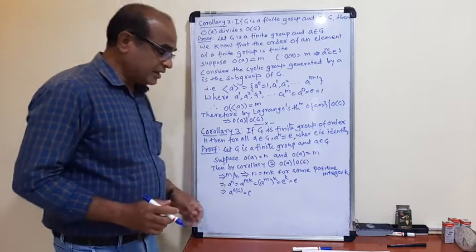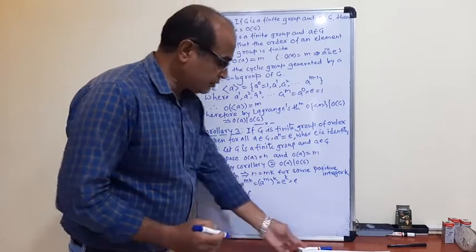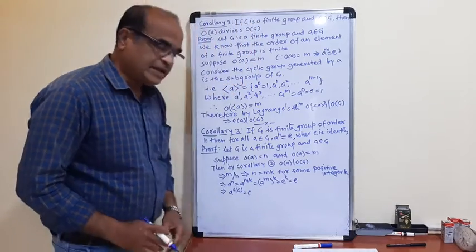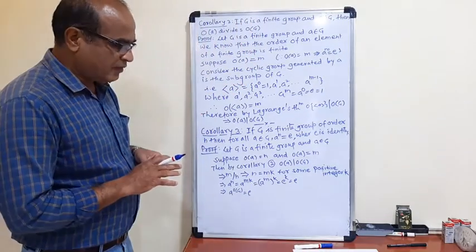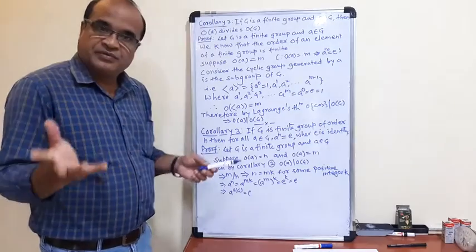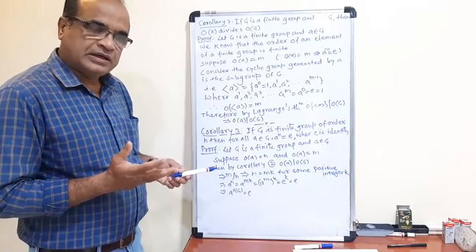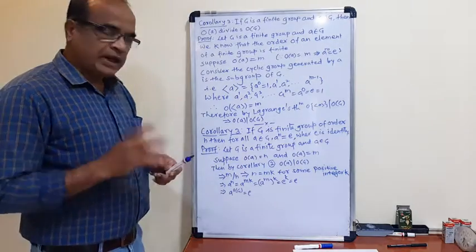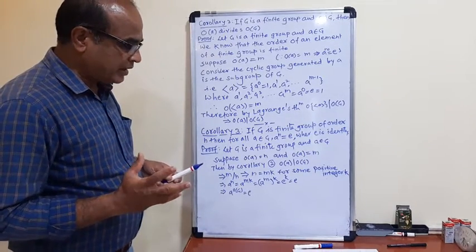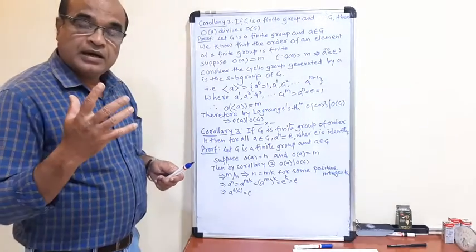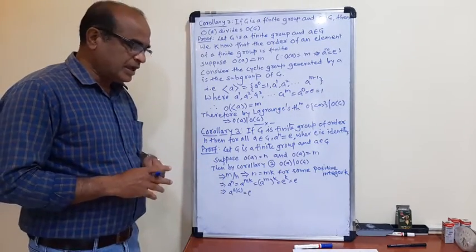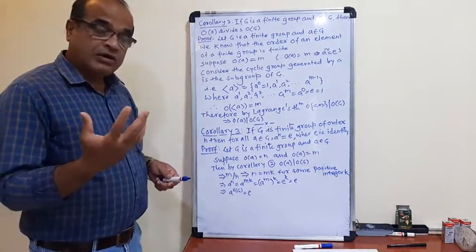So what is the corollary we studied here? The index of any subgroup of a finite group is a divisor of the order of the group. We also proved this corollary, and we took an example of Lagrange's theorem. So this is a very simple theory. So we take another consequence